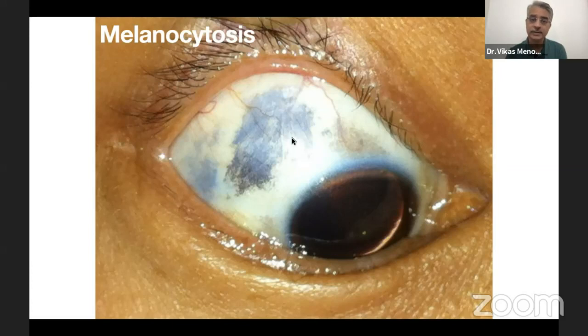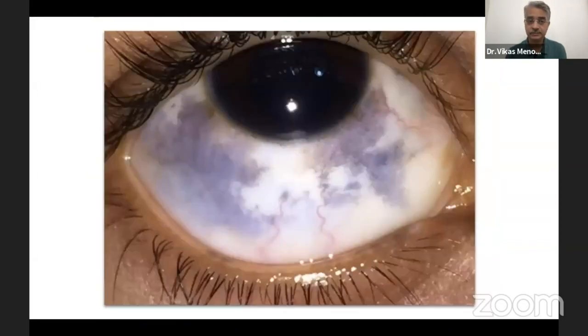Now, what is the difference here is that if you notice carefully, you can see all the conjunctival vessels overlying, and if you make a thin slit of the light of the slit lamp, then you will see that the pigmentation actually is not conjunctival but subconjunctival, arising from the sclera and the episcleral tissues. That is why the color is slightly different. It's more grayish or bluish rather than the brown pigment that you see in conjunctival pigmentation. Now, this is called melanocytosis.